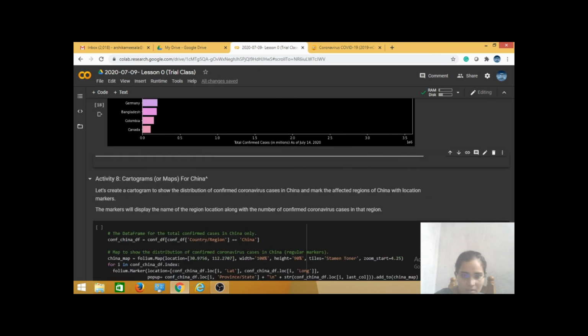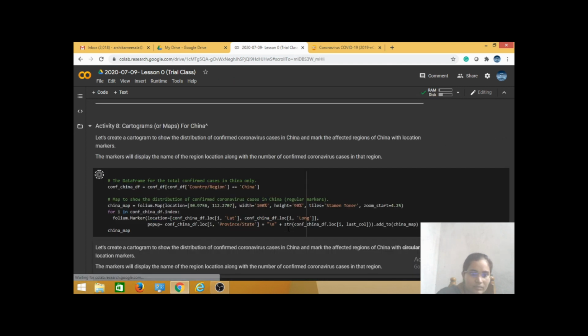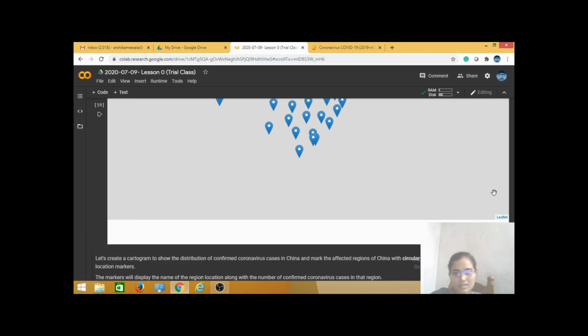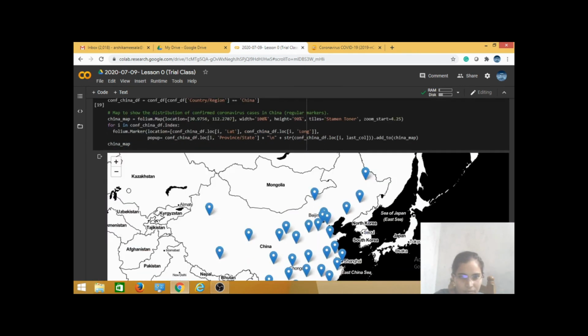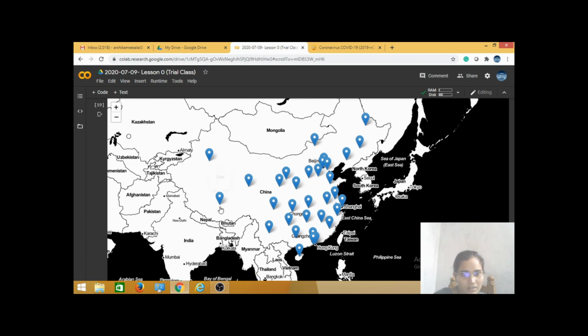So next concept is drawing maps. See here, these location symbols are used for identifying the affected areas or places by this COVID-19 in China. If you click on those places, you can see which places are affected and how many people are in that particular area.